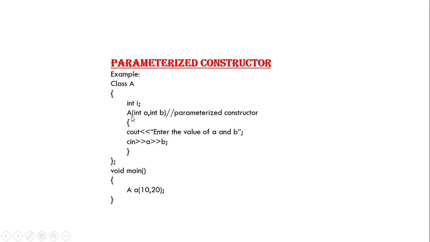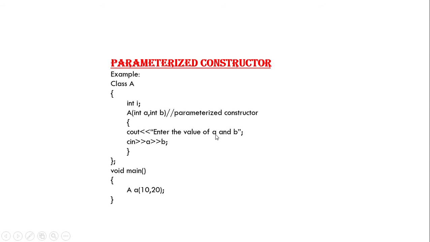And then here I have created the constructor of this class A. I've simply written capital A, and in the parentheses I have passed two variables, that is int a and int b. So this type of constructor is called a parameterized constructor because I have passed parameters over here. You can pass one parameter, two parameters, three, four, any number of parameters that you wish. Here I have passed two parameters, and using the cout function I am printing the value of a